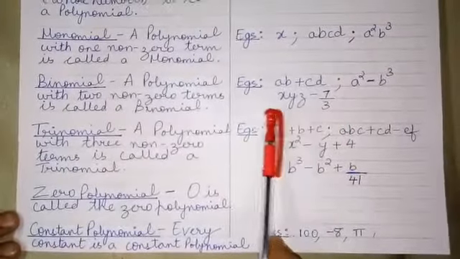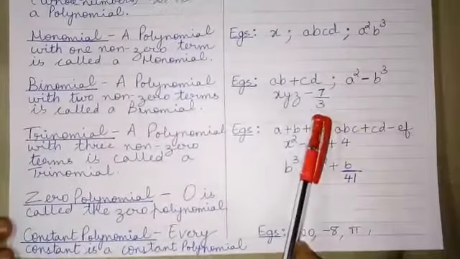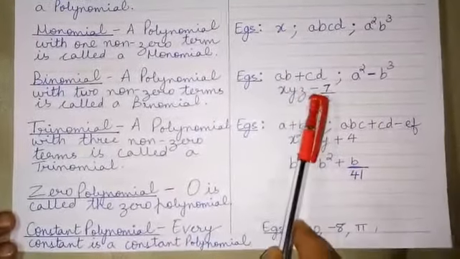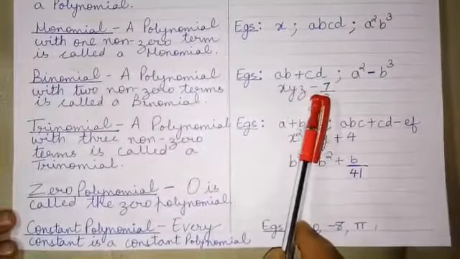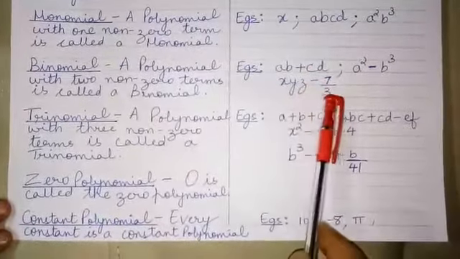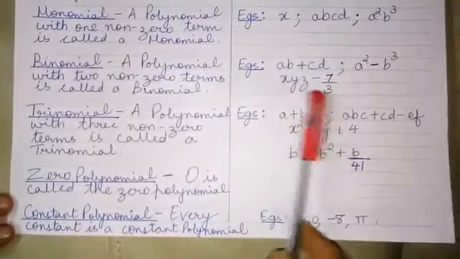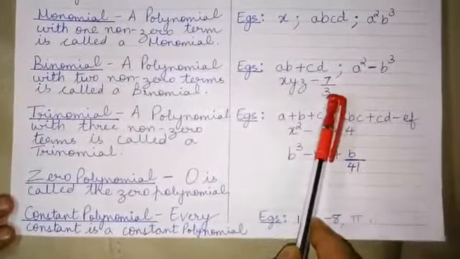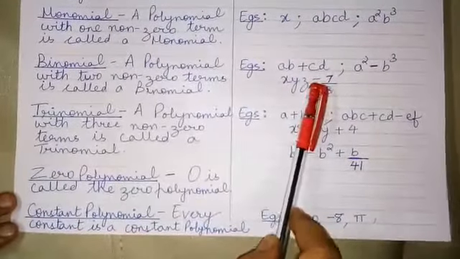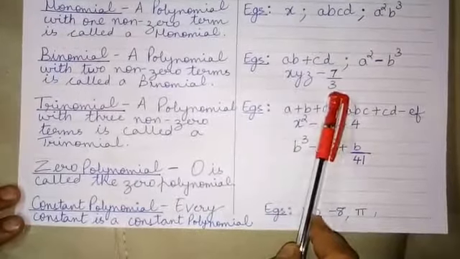Here, this expression is an algebraic expression. It is a polynomial. You can see that the variables x, y and z are raised to whole numbers. The powers of the variables are 1, and 1 is a whole number. Hence this algebraic expression is a polynomial. And this polynomial has only two terms. The terms are separated by the minus sign. Hence, this expression, which is a polynomial, is a binomial.